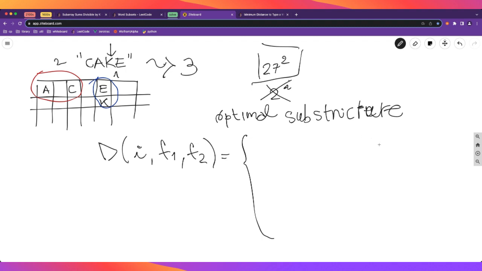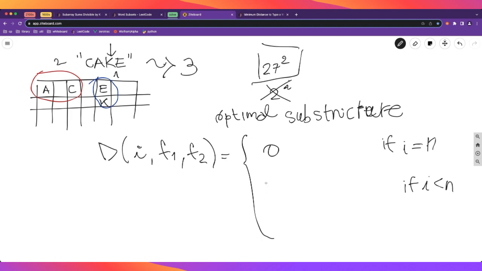So let's write the formula. So if I is equal to n, where n is the number of characters in the length of the word, then the distance is 0. We finish typing, okay? However, if I is less than n, then,